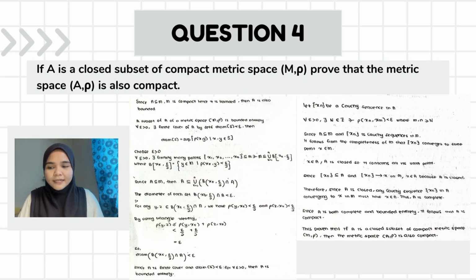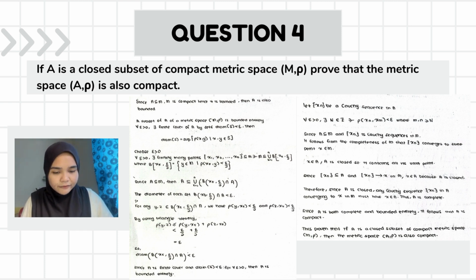So the question for us: if A is a closed subset of the compact metric space (M, rho), prove that the metric space (A, rho) is also compact. Firstly, a space is compact when it is complete and totally bounded. So from the information given, since A is a closed subset of M and M is compact, hence M is bounded, then